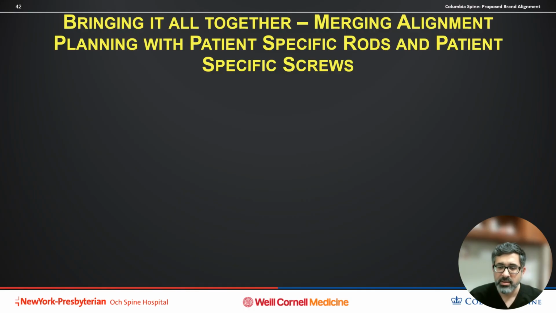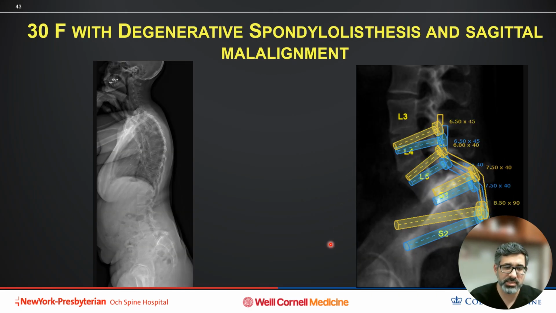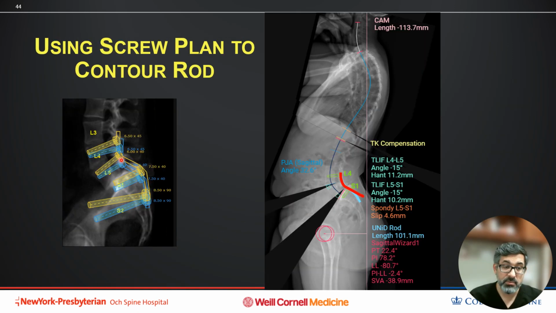So now the next step is to bring all of this together, to merge the planning of your alignment, planning of the rod, and planning of the screws into one, so that you really become even more specific to the patient. And so here's an example of a 30-year-old female with a high-grade spondylolisthesis, where I planned the screws for this patient, and then we also planned the